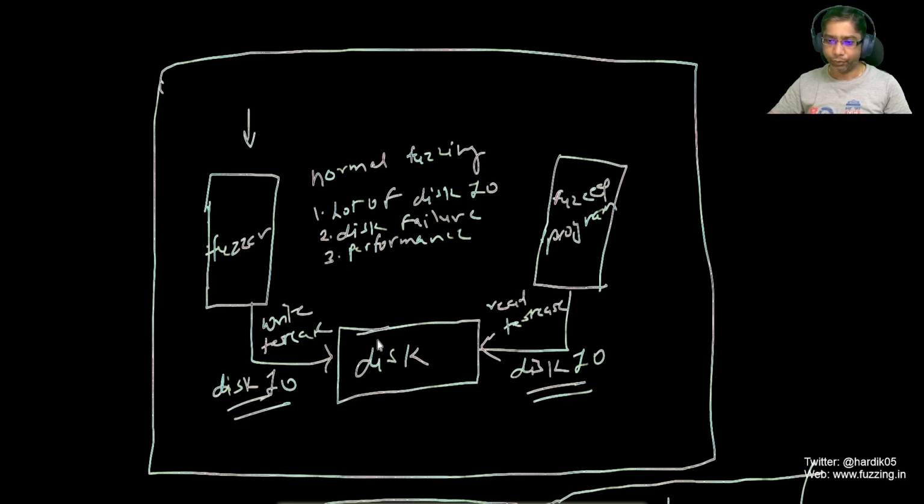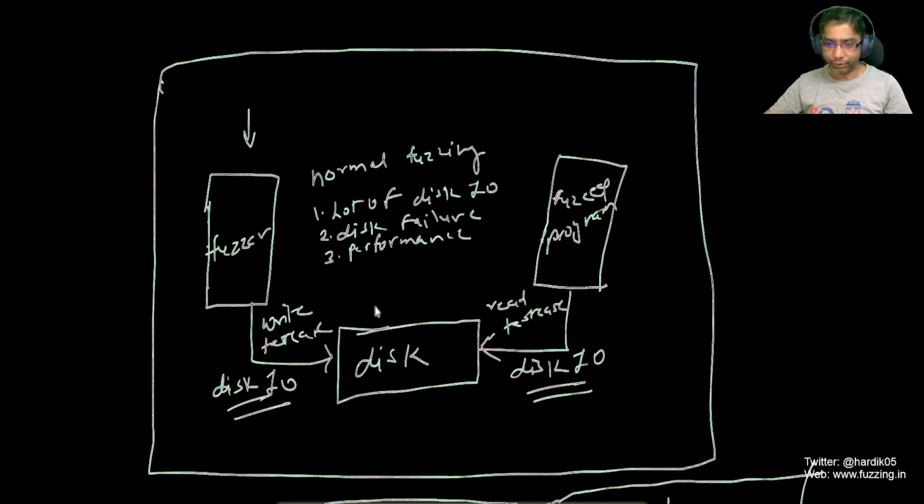And for writing to the disk, it needs to do a lot of disk IO operations, which are very costly, and they affect performance, because every time you want to feed one input to your fuzz program, you need to read the data from the disk, and when you generate a new input, you need to write the data to the disk. That is a very costly thing because it depends on the disk read and write speed, so that will affect your fuzzer performance.